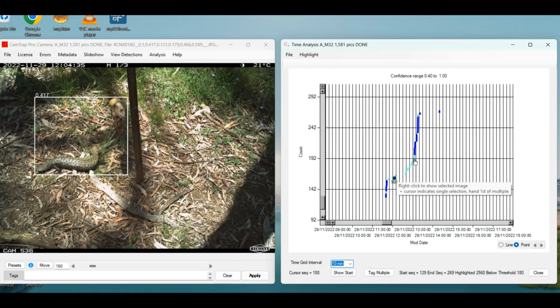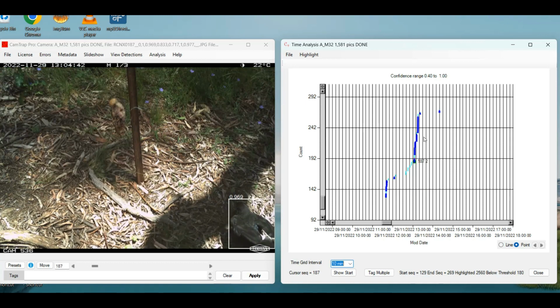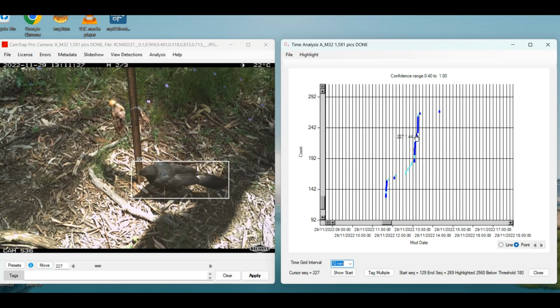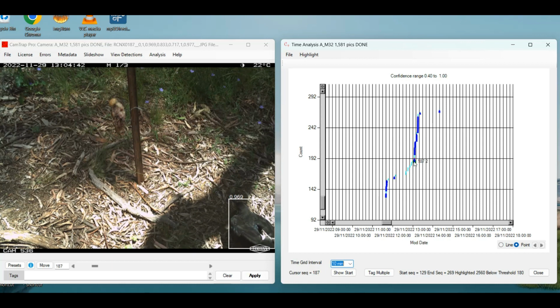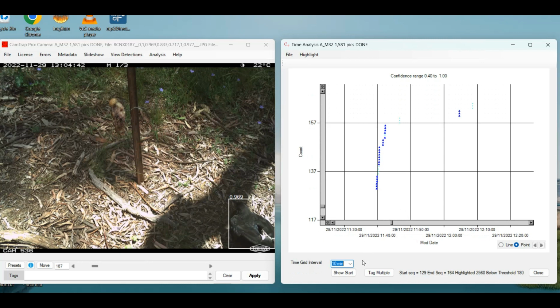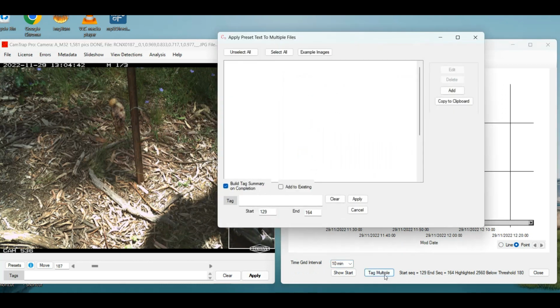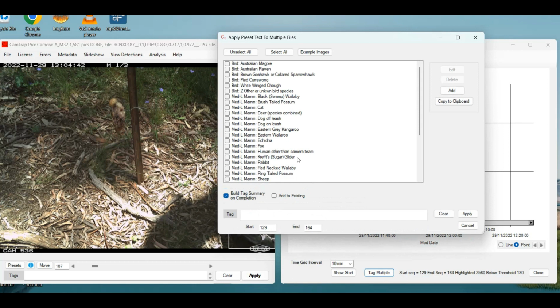detection interval. If we now go on to this other plot here, which seems to last for about 20 minutes, we can see that it looks as though we've got two shinglebacks there. No, that's a bird. So we change. That is actually a bird. So what we want to do is to flag all of these as shinglebacks. So if we go to tag multiple again and select shingleback skink from the